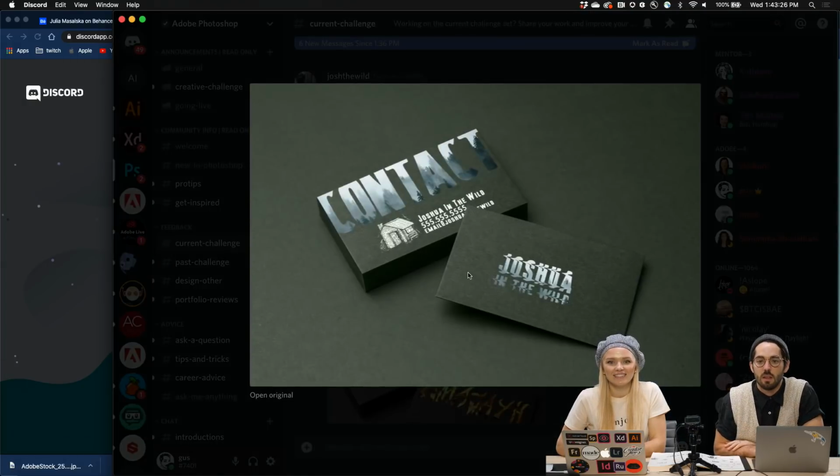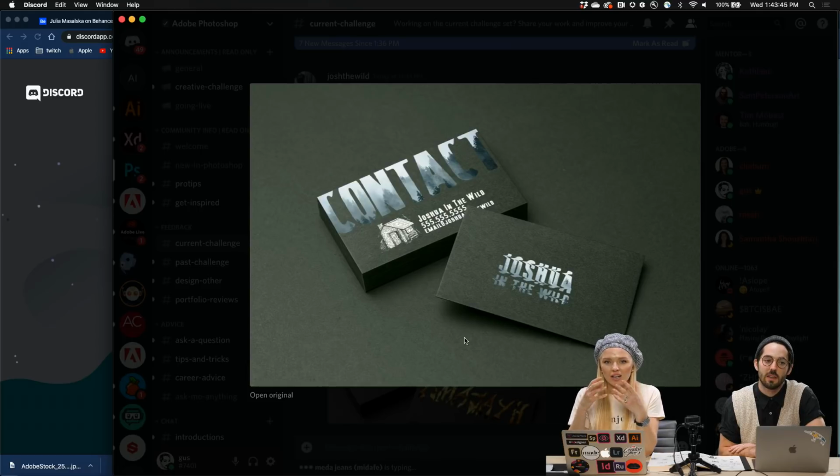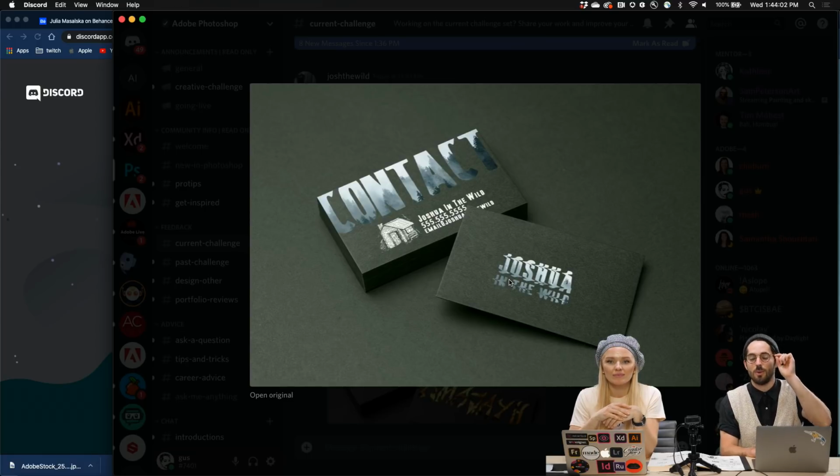Okay, cool. This is Joshua in the Wild. Oh, I love it. It reminds me of a movie poster. Joshua in the Wild. I love it too. Do you know the movie Into the Wild? I do. This reminds me of that. And it really has a mood to it because it's these gray tones with a lot of fog. It looks very cold and foggy and foresty. It has a wildness mood for sure. I really love it. I mean, this could be a Tackle Boys card right here. It's great. It's got good vibes, I think.